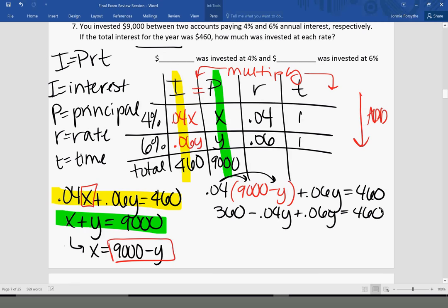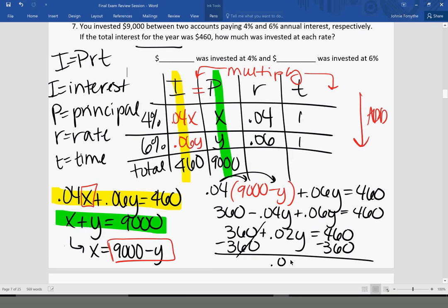0.06y equals 460. Now we're going to combine like terms, which are your y terms. So negative 0.04 plus 0.06 is going to give me a positive 0.02y. Bring down the 360 and the equals 460. I'm trying to solve for y, so I'm going to subtract 360. 0.02y equals